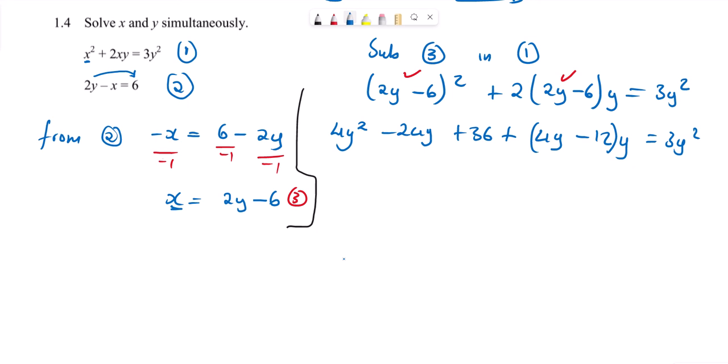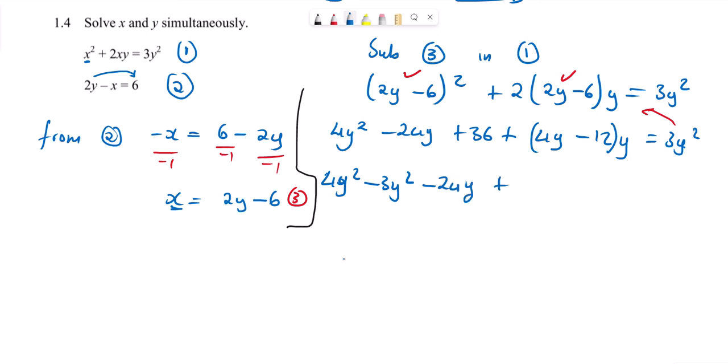Look at this. We still have to simplify, don't we? So we have, but at the same time I'm going to transpose the 3 to save time. So that will be 4y squared minus 3y squared. This is the 3 that I transposed. Okay, subtract